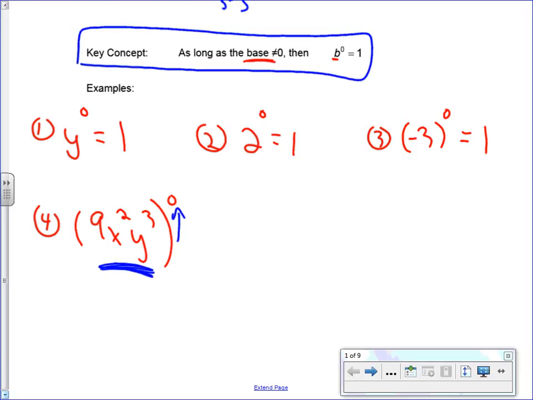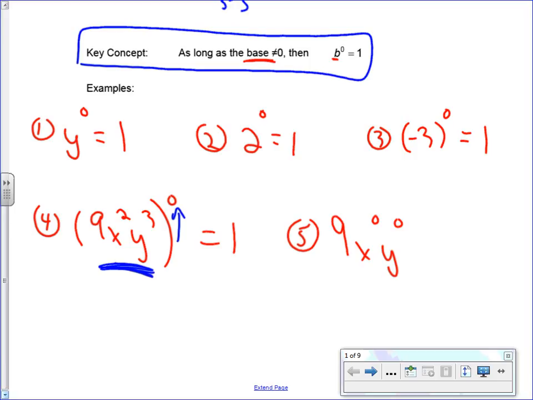The 0. Therefore, what are all of those things going to turn into? 1. They're not going to turn into 0, they're going to turn into 1. Okay? So it actually turns out to not be hard. You do have to pay attention